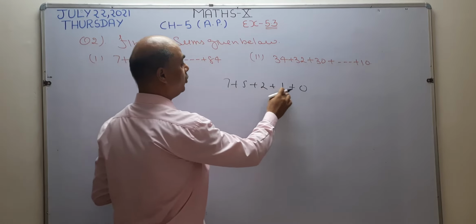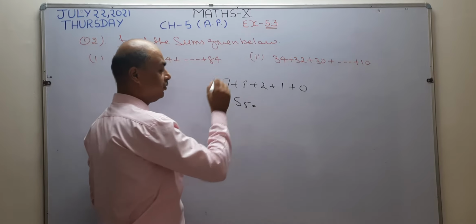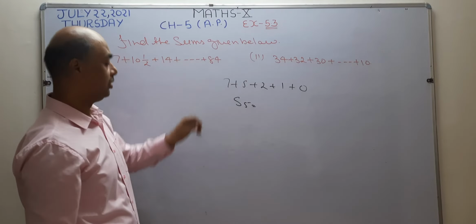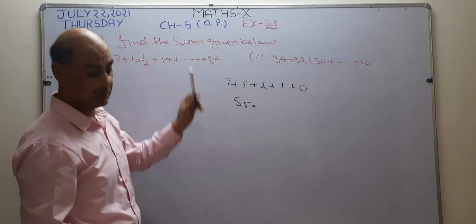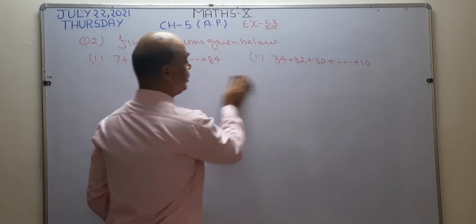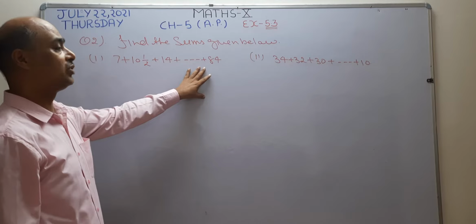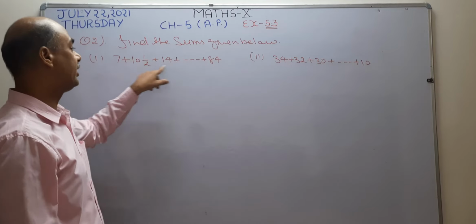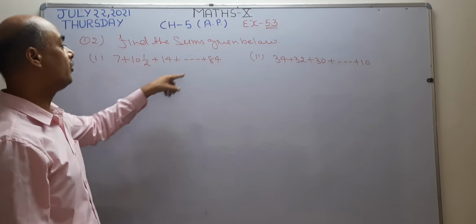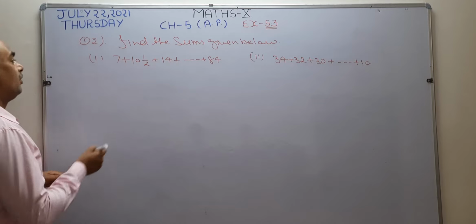1 2 3 4 5. 5 terms are there. It means we have to find the sum of the first 5 terms. But in this question it is not clear how many terms are there. So first our step is to check how many terms are there. When it is clear, suppose 10 terms are there, it means we are going to find the sum of 10 terms. If there are 100 terms, we have to find the sum of 100 terms using the Sn formula. Clear?